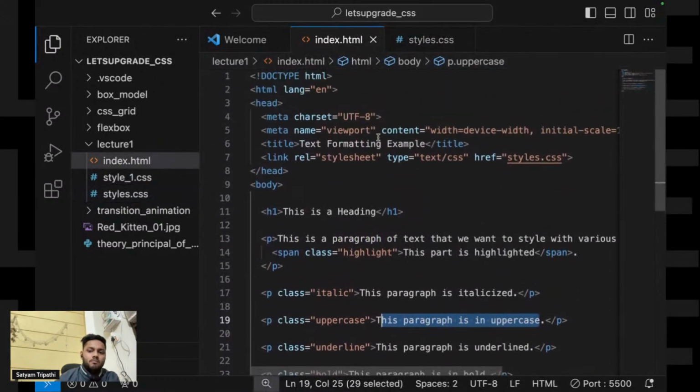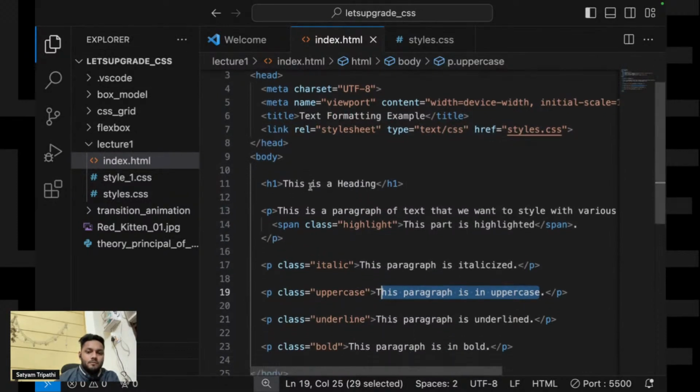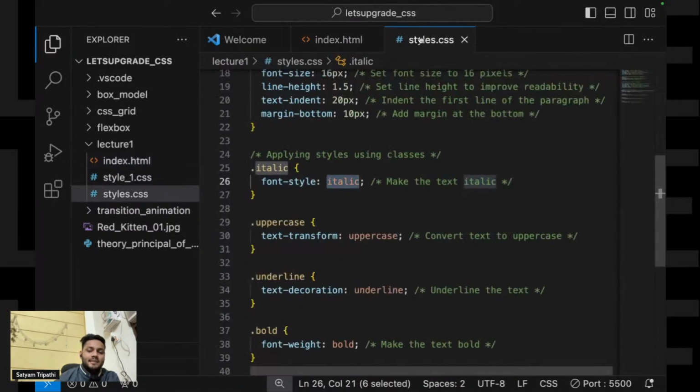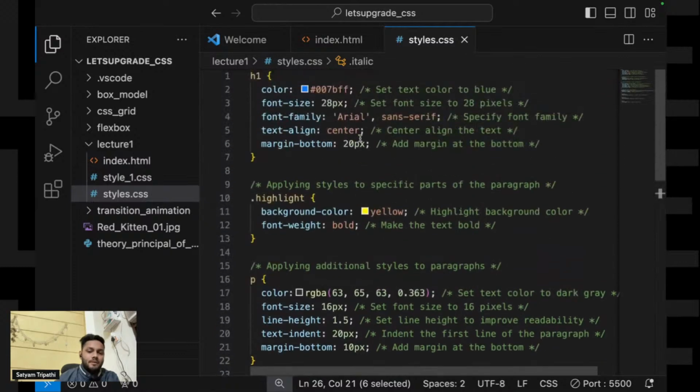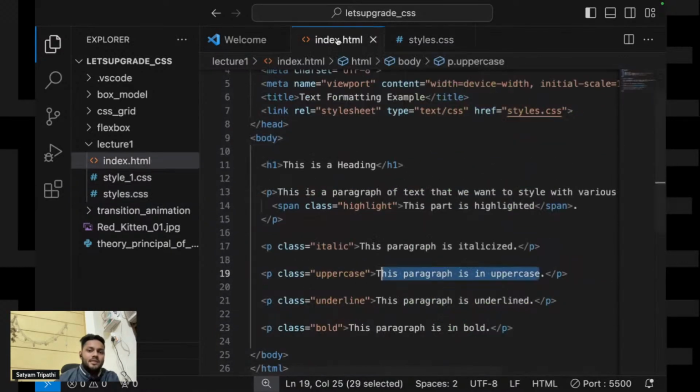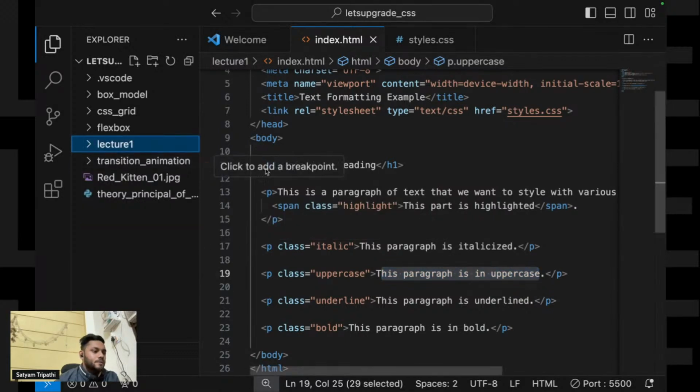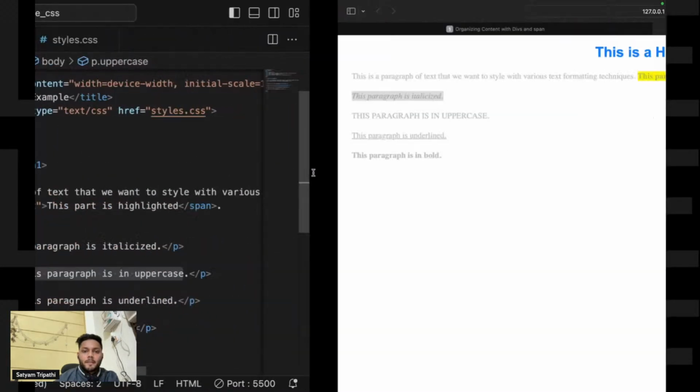So this is how you can add a class over here. This is how you can add a style with your HTML. So let us try to understand the basics of it. And after that,